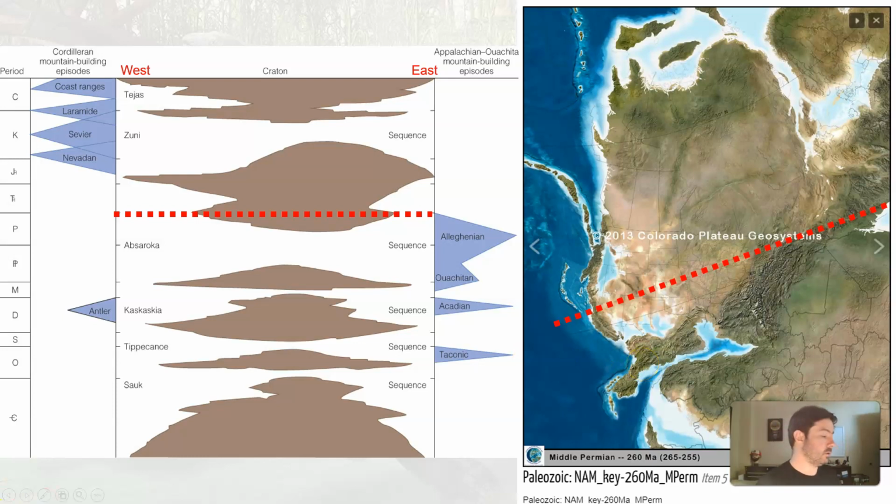Let's go ahead and pause here. As mentioned, we'll go through from the Cambrian to the Permian, which makes up the Paleozoic era. We're going to go through the Sauk, Tippecanoe, Kaskaskia, Absaroka, and also some Cordilleran and Appalachian mountain building episodes to build these